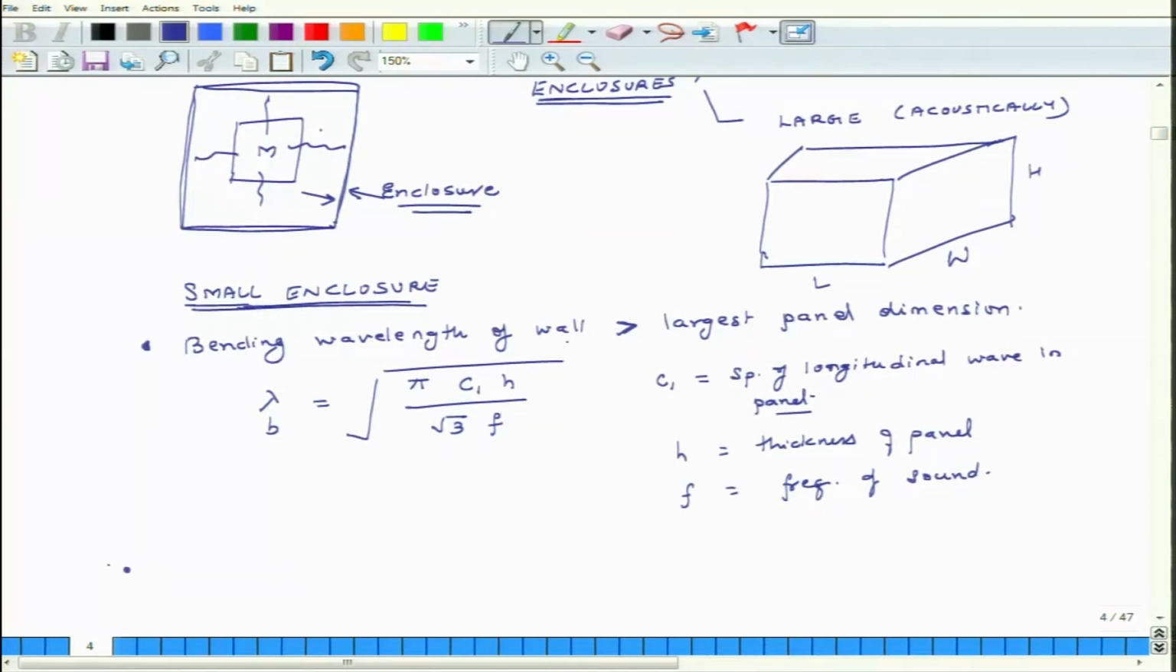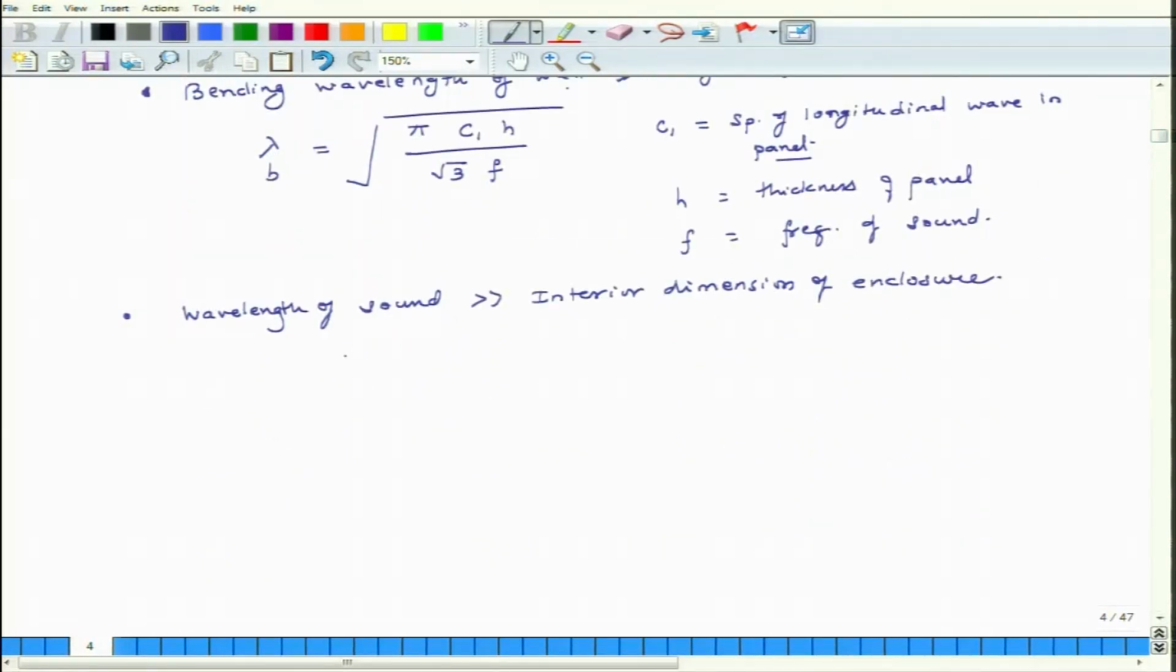The other condition is that the wavelength of sound is very large compared to the interior dimension of the enclosure. It is very large. So, for practical purposes we can say that